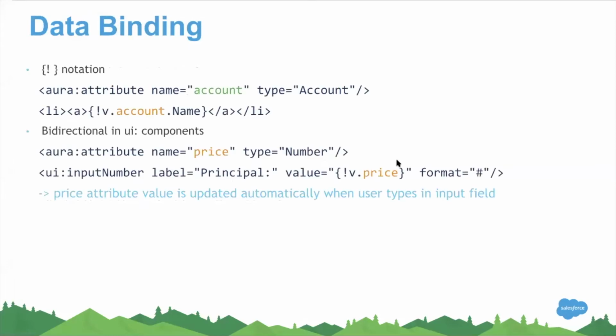And we have a feature called data binding. Every time you enter data on the UI, it can sync with the data that is there in the attribute. So we have something called two-way binding. Say, for example, on the UI, input number is a lightning component tag which would accept only numbers. If I type in 1 2 3, automatically the framework would bind the value to v.price, the actual attribute over here.